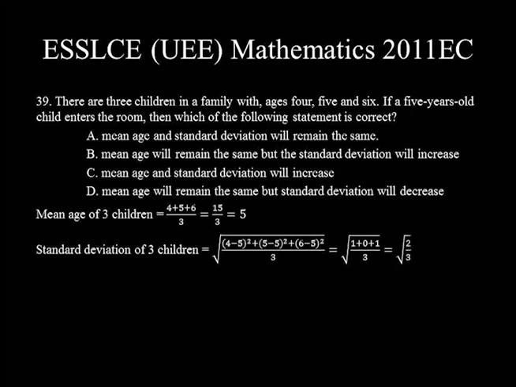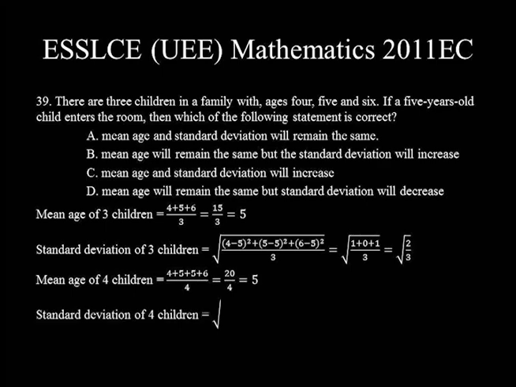After a 5-year-old child enters the room, the number of children increased to 4. So the mean age of 4 children is equal to 4 plus 5 plus 5 plus 6 divided by 4, which is equal to 20 divided by 4, that's 5. The standard deviation of 4 children is equal to square root of the age of the first child, that's 4, minus the mean age, that's 5, the whole square, plus age of the second child, 5 minus 5, the whole square, plus age of the third child, 5 minus 5, the whole square, plus age of the fourth child, that's 6, minus the mean age, 5, the whole square, divided by the number of children, that's 4, which is equal